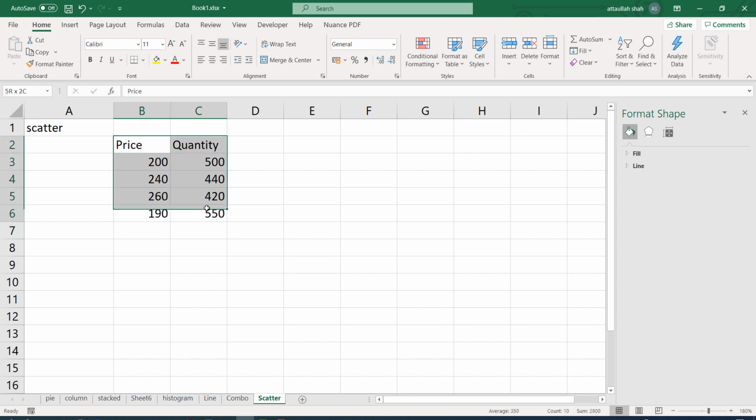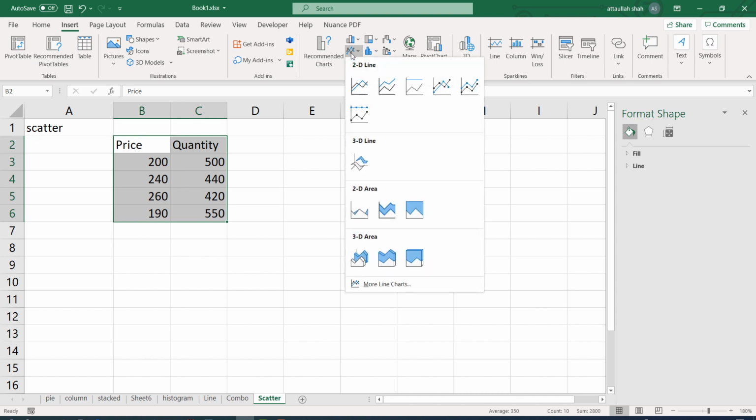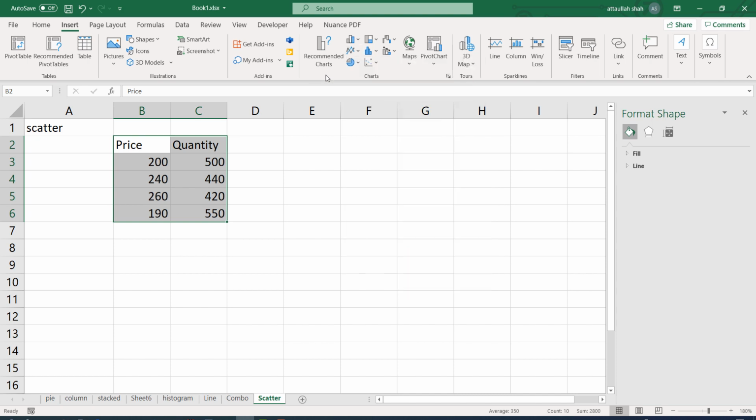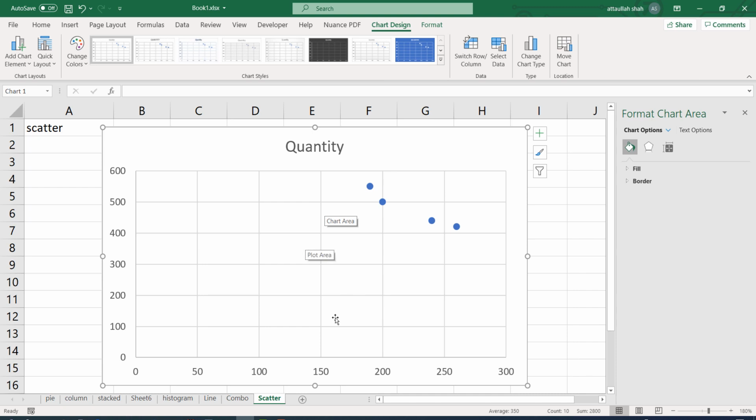So now I select both these variables together, and I go to insert and click on the scatter. So if you cannot see scatter, yes, it is visible in the first menu. So we have a scatter, and here we go.